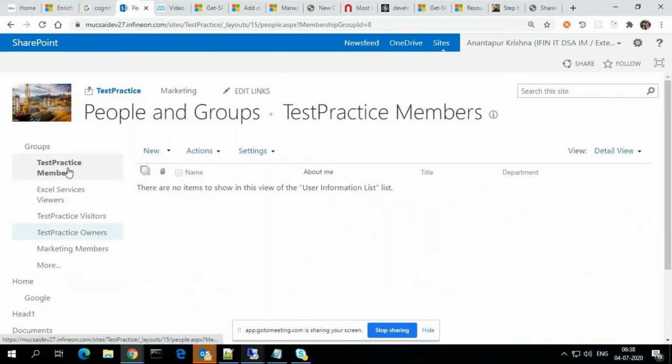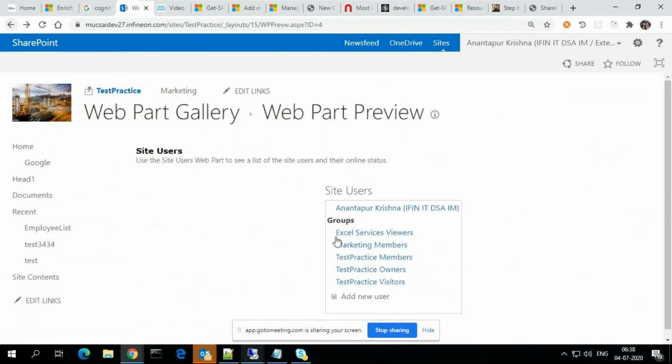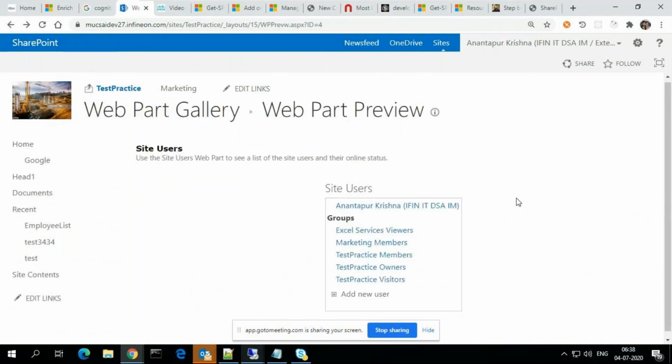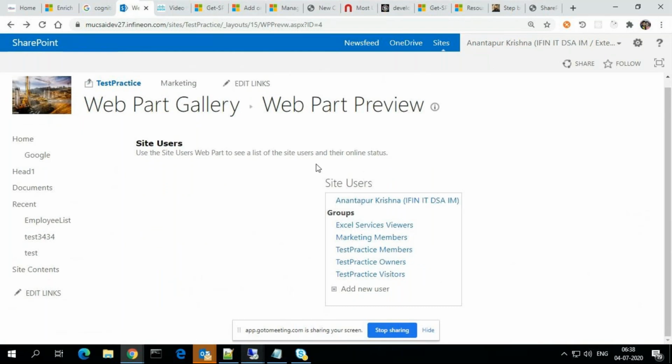Here we display groups and all, and that is coming from the web part. That design is there. This is one kind of web part, for the site users.